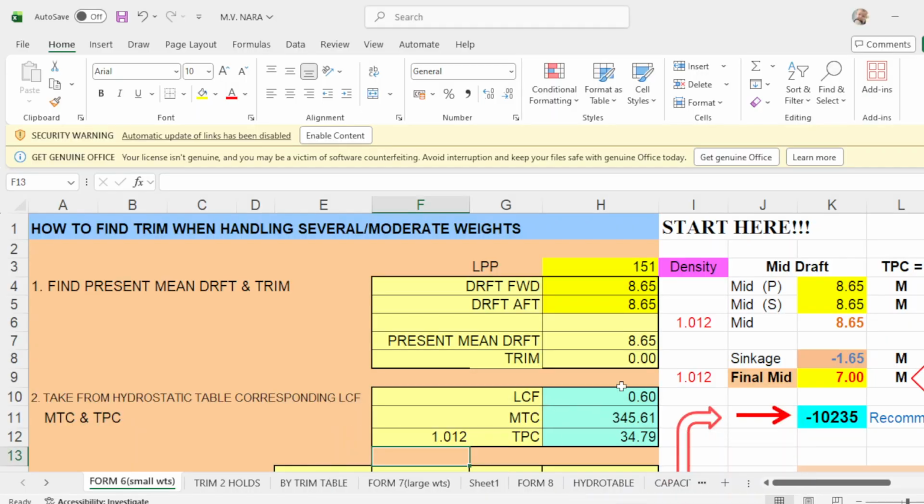So here, forward draft is 18.65, aft draft is 18.65, your mean draft is 18.65, and your actual port mid is 18.65, and actual mid starboard is 18.65, meaning you're on even keel, no list, no trim. Okay, so let's agree to that. Now,